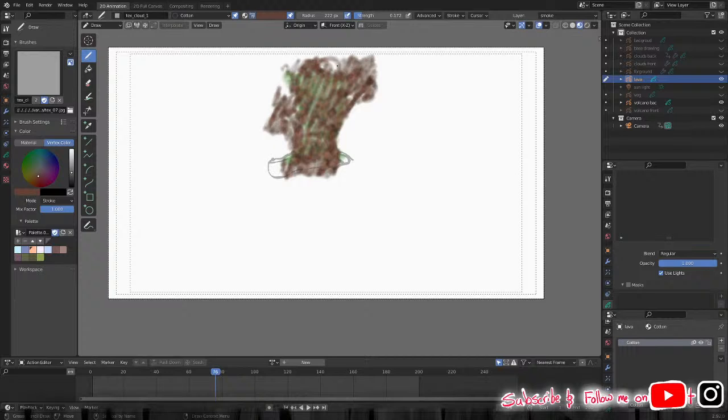Zoom out majorly, and just start sculpting this so it looks like all the markings are going up. And then press out of it. Draw mode,